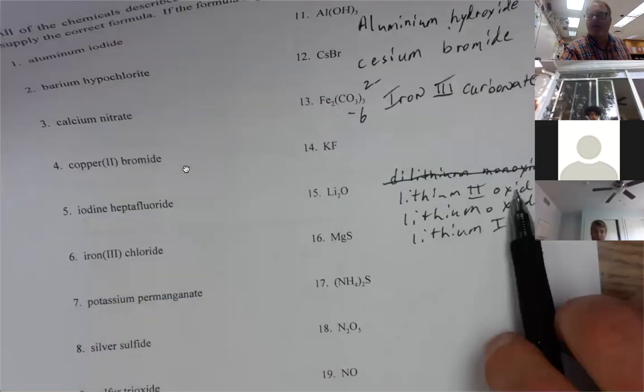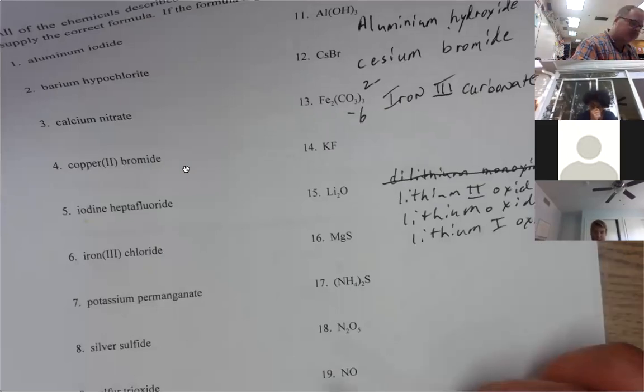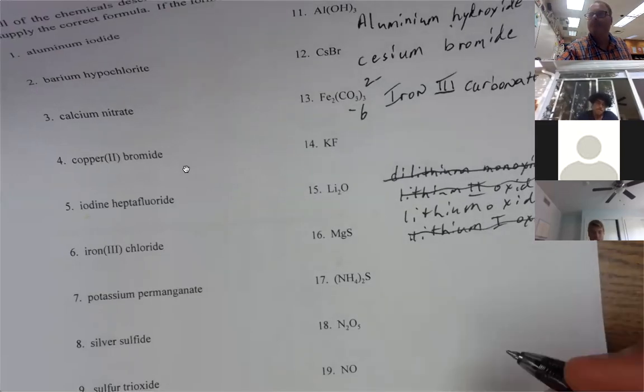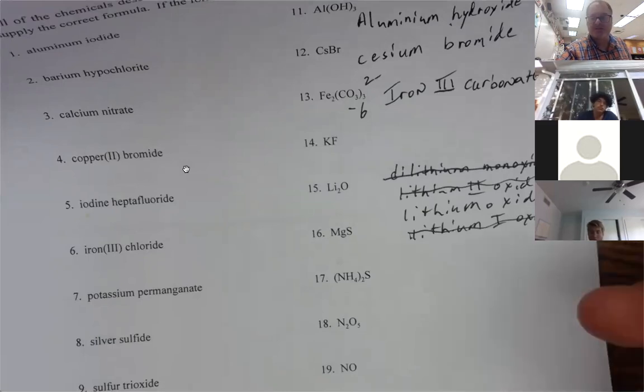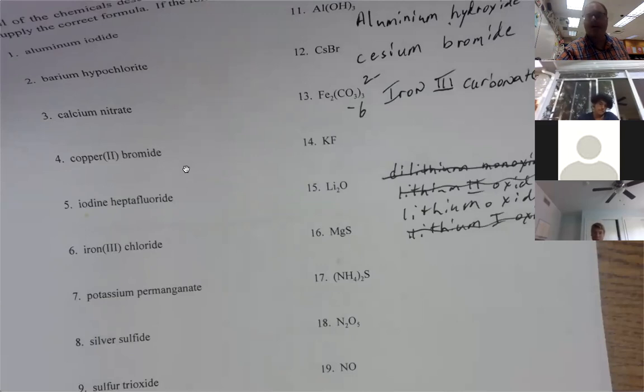Lithium 2 oxide? Well, the fact that lithium is in group 1A means that it should not have a Roman numeral. So that takes both of those out. Lithium oxide. Just keep that in mind that it's a multiple choice,